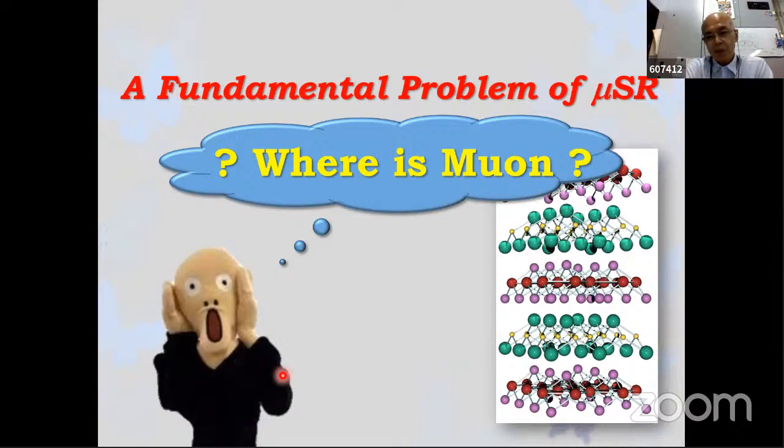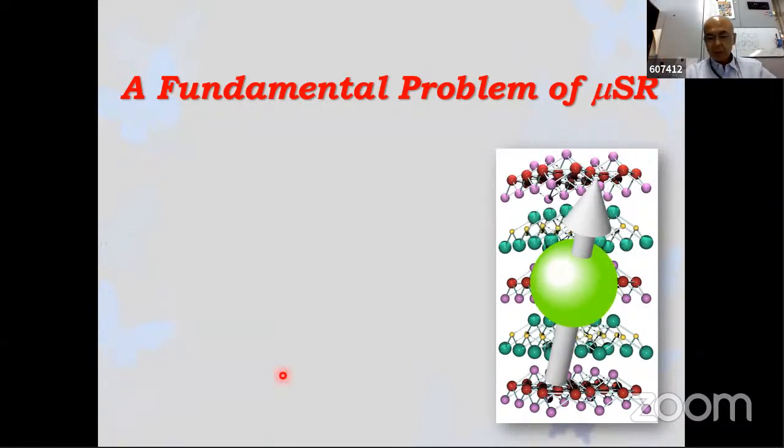Honestly speaking, we don't know. From the experiment, the efforts, it's not so easy to understand the muon state inside the material. For instance, we throw in muons, but in the material, there is the electron magnetic moment. So how to sense the dynamic or static properties of this electron magnetic moment is the key of the study